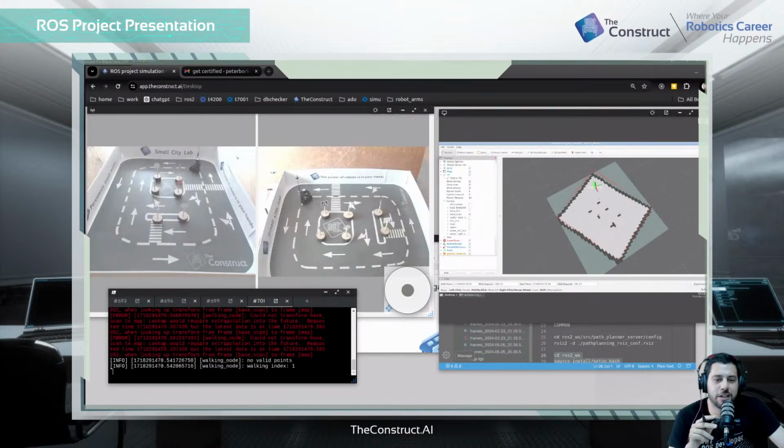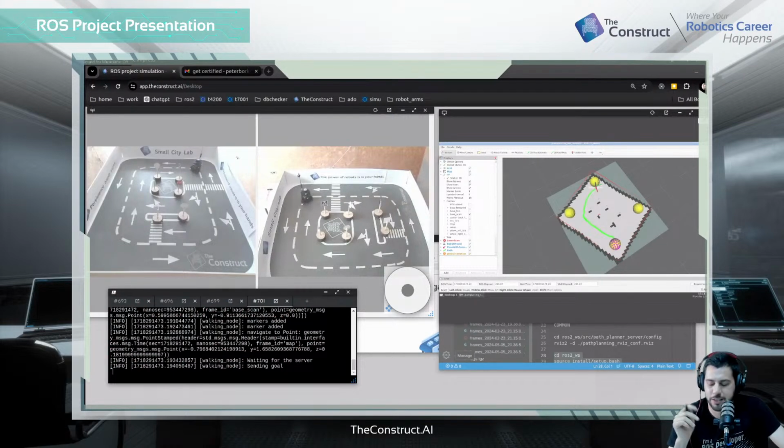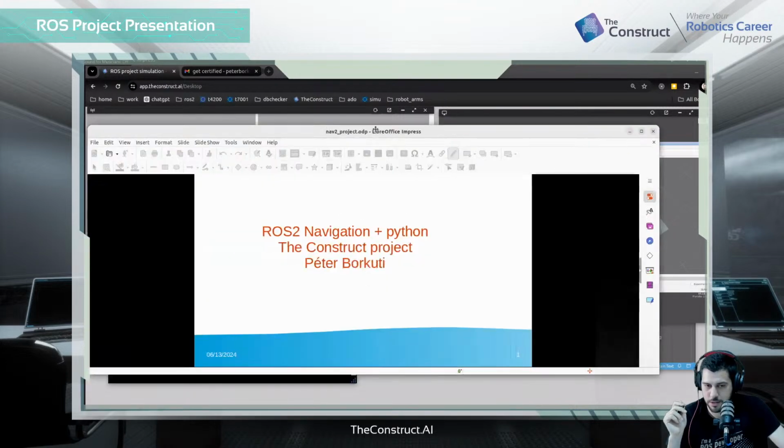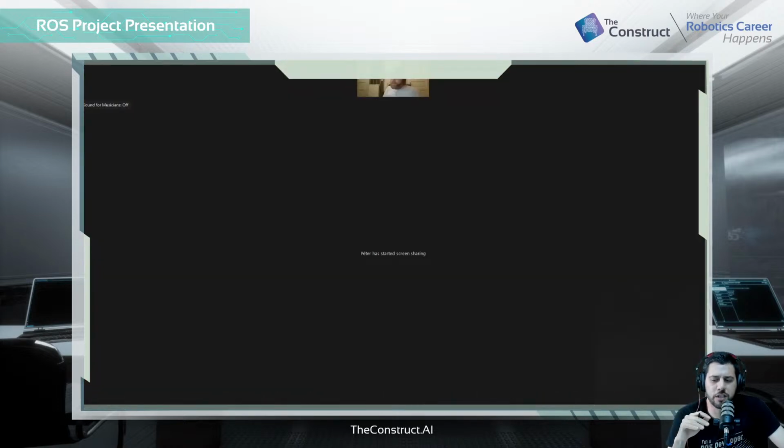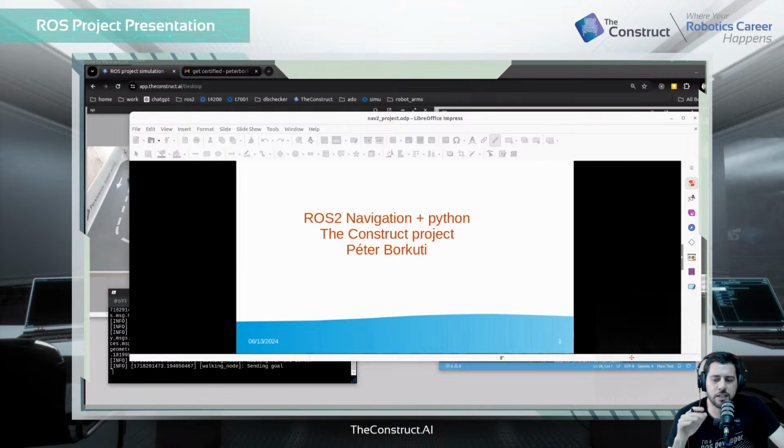You can just leave this running in the background, I guess. Yeah, hope it will run. Okay, just a second. I have to reshare it. I was seeing it before you did that. I can see ROS2 navigation plus Python. Okay, so this is